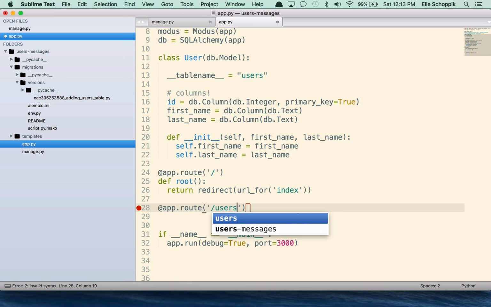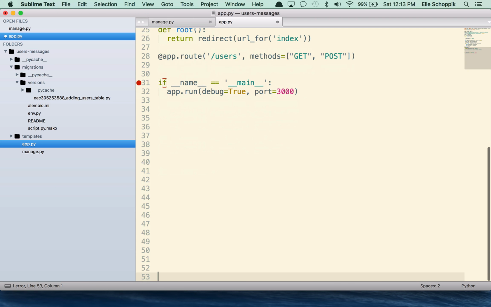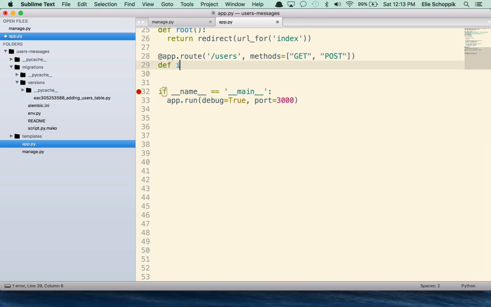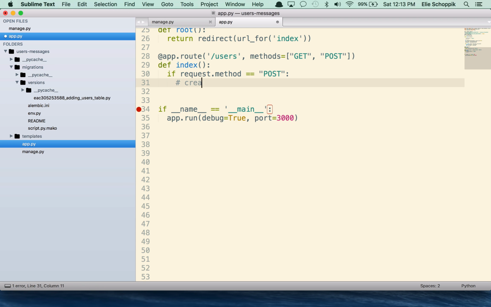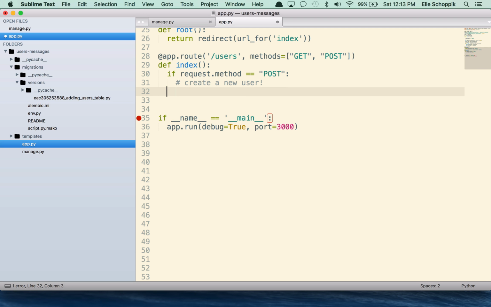app.route /users. We want to make sure that here we have a GET and a POST. This is all stuff that you might have seen before. This just takes a bit of practice and some repetition. This will be index. Inside of here, we want to make sure that we do a little bit of checking. If request.method is POST, let's make sure we call that method. If it is a POST, then we want to create a new user. Otherwise, we're going to return render_template